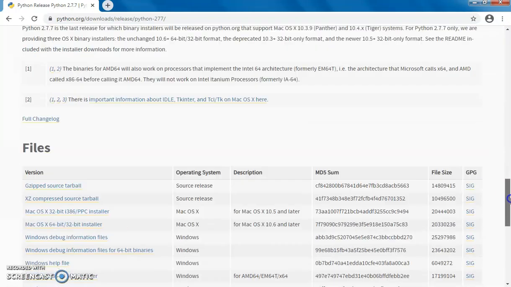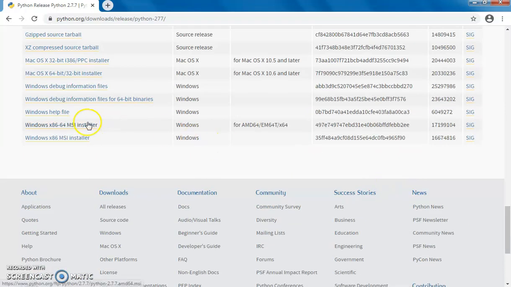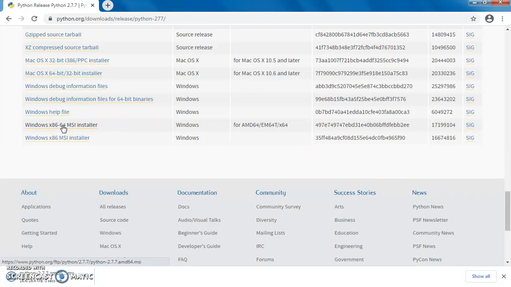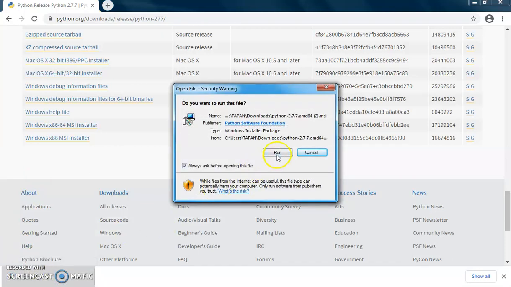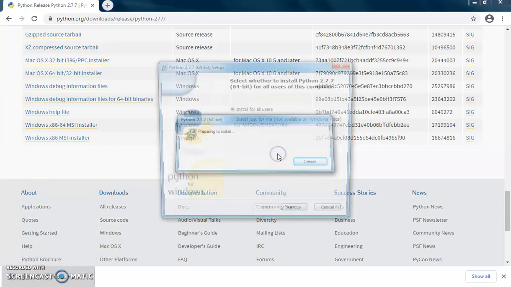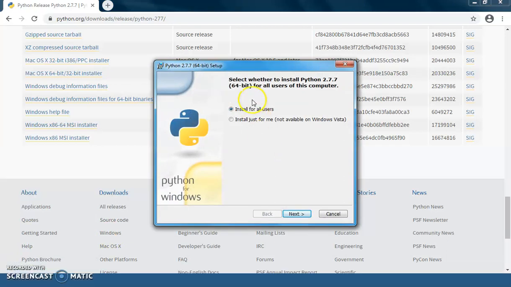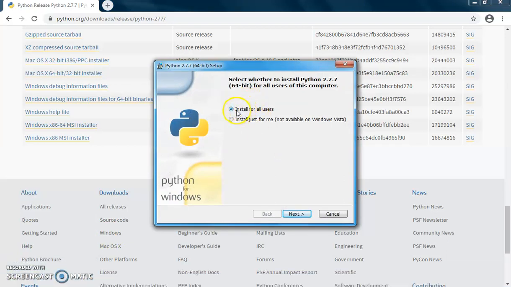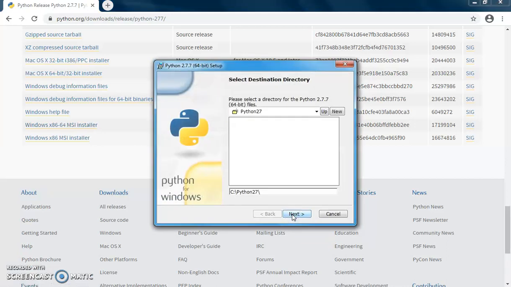Now here you can see there is an installer here. We will click on this. Now we will click on this, then we will click on this run option. Then we will select this one, install for all users. Then we will click on the next option. Again we will click on next,